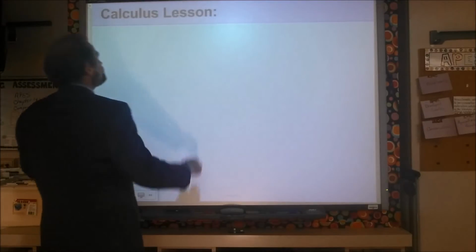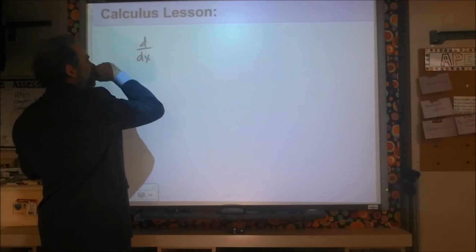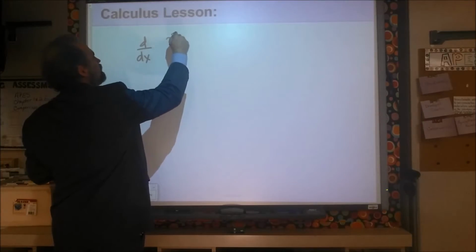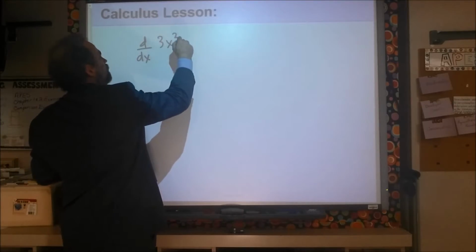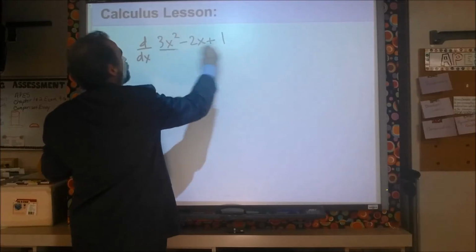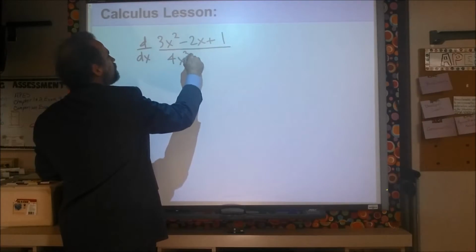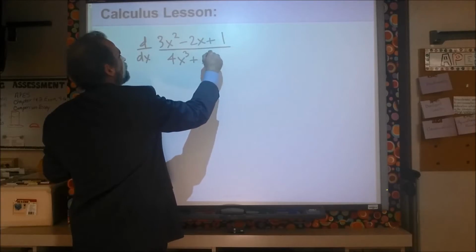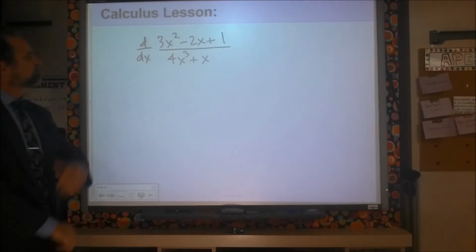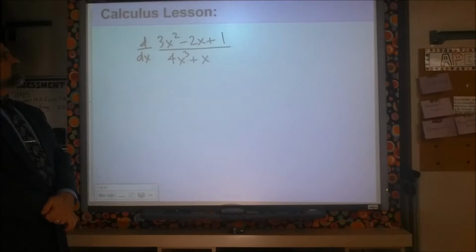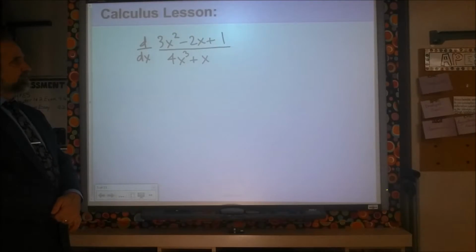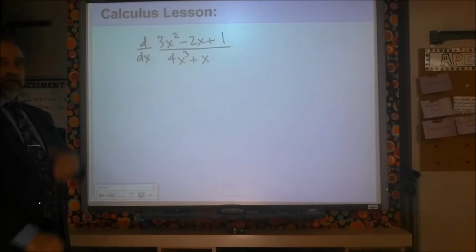Let's do the derivative of, let's really be ambitious. 3, well, I don't want 3 squared, that's silly. 3x squared minus 2x plus 1 over 4x cubed plus x. Yeah, let's just do that. So that's a big function, and it could be much bigger. But as you can see, when I start to do simplifications and all that and put them together and square,